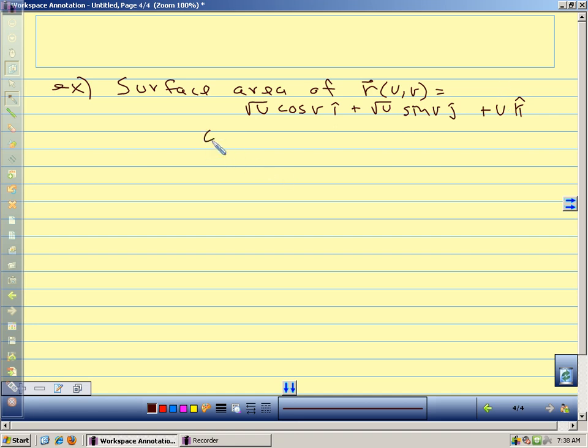And our interval is 0 less than or equal to u less than or equal to 4, and 0 less than or equal to v less than or equal to 2 pi. So what we're looking for, our surface area